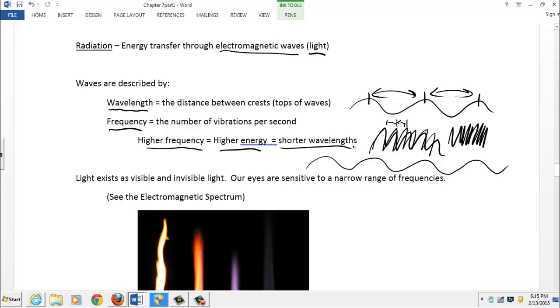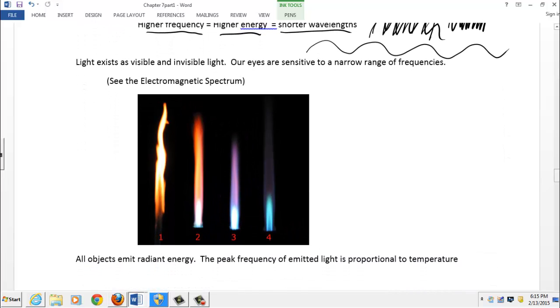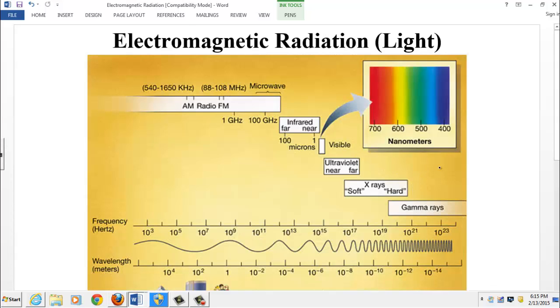Okay, then finally, when we talk about light in an everyday manner, we think about light that we can see. But light exists as both visible and invisible light, and our eyes are only sensitive to a very narrow part of light, a very narrow range of frequencies. So let's take a look at the full electromagnetic spectrum. When we think about light, most of the time we think about visible light. And right here, this little narrow range, around 10 to the 15 cycles or vibrations per second, is the frequencies of light that our eyes are sensitive to,